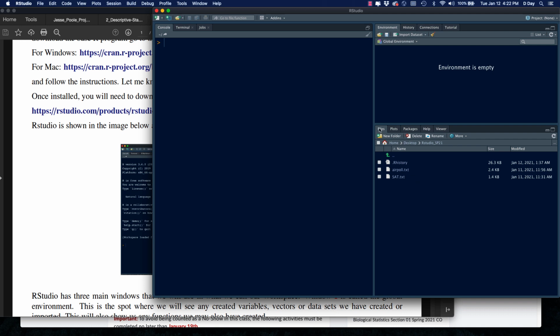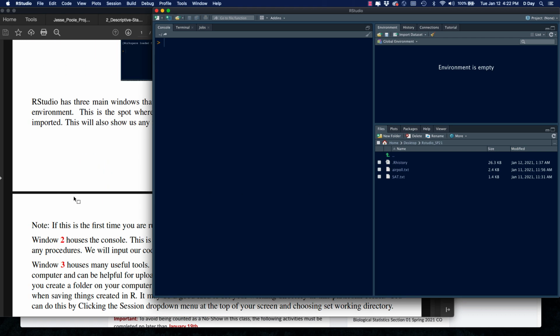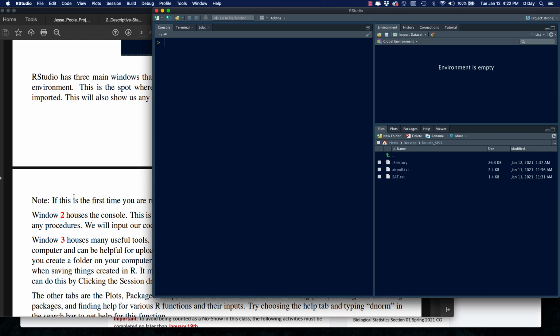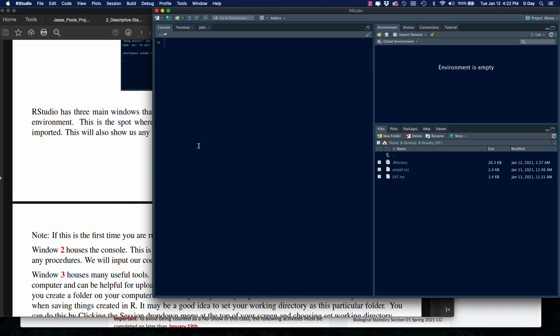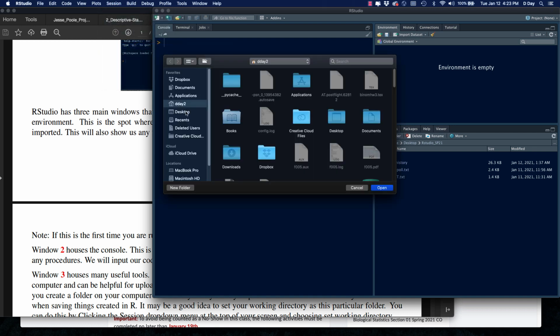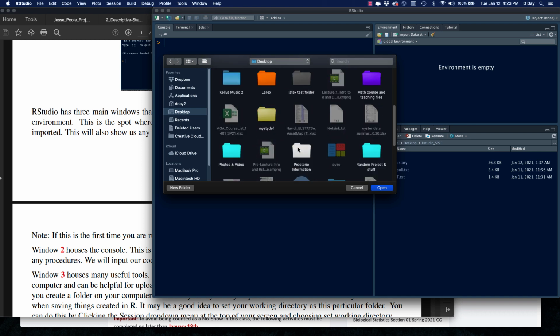Another way to get that in there, though, and what I recommend from the documentation here, I say it a couple places in here, is to set what we call your working directory as this file folder. So anything you create in R, or output you have from R, or data sets you want to call in from R, that's the folder you want to be your working directory. In RStudio, you go to the Session button up top, and you go Set Working Directory, and you go Choose Directory. And I'm going to find that folder on my desktop